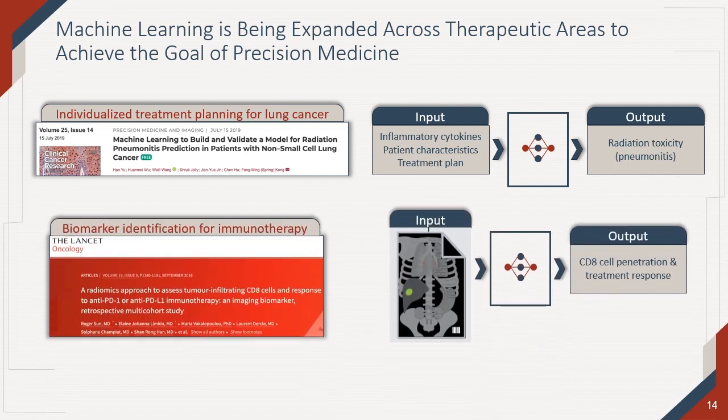In another example, a machine learning model was used with radiomics to develop a CT image biomarker that could predict treatment response in patients receiving anti-PD-1 or PD-L1 immunotherapy. This biomarker can not only be used to individualize treatment, but also can be correlated with other clinical outcomes in